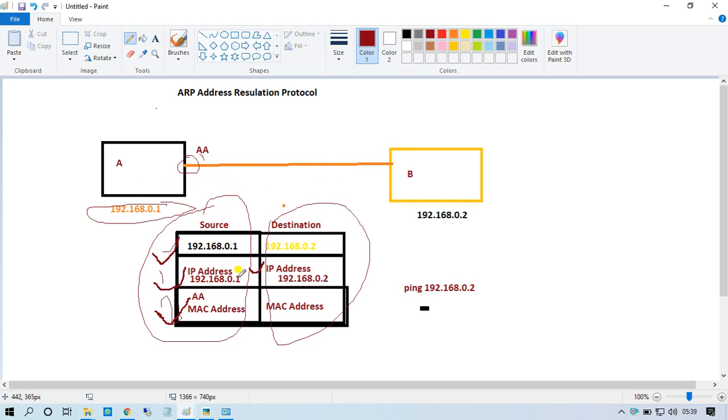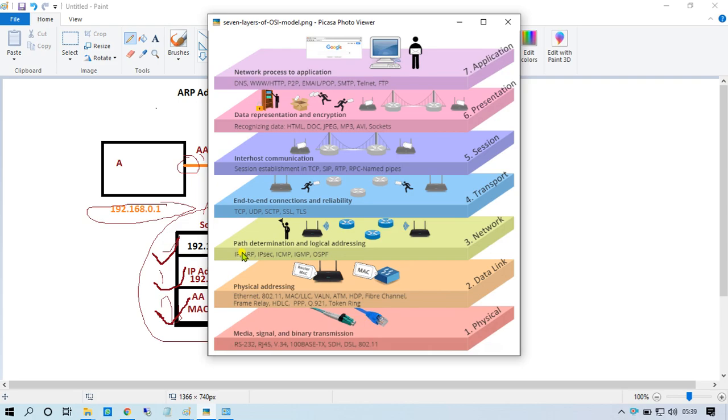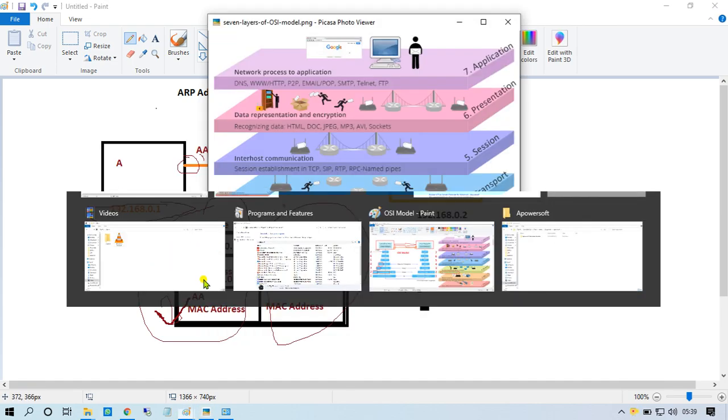According to this picture, ARP is a layer 3 protocol, which works on the network layer. After the network layer, according to the OSI model and TCP/IP model, data will transfer to the lower layer, the data link layer, and after that it will forward to the physical layer. Again the reverse process will happen: the physical layer will send data to the data link layer, and the data link layer will send our packet to the network layer.